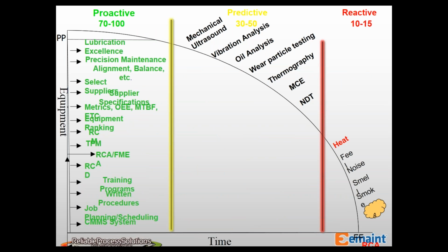What we're looking at here is an illustration of what we call a PF curve, and probably many of you are familiar with this, and it essentially outlines the progression of a defect that has entered an asset or a piece of equipment, and how it goes from the introduction of that defect at point P to the catastrophic failure of a piece of equipment at point FF. And you can see it's broken up into 3 domains: the proactive domain, and this is where we can take